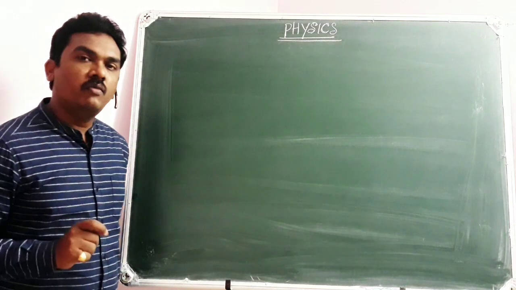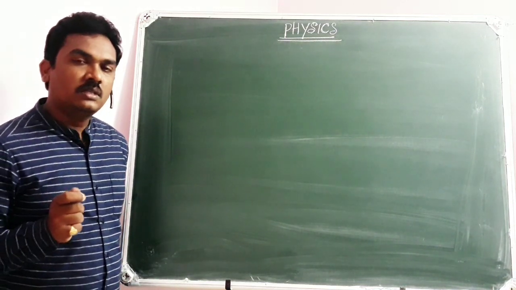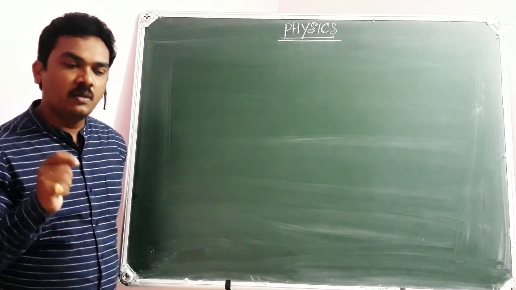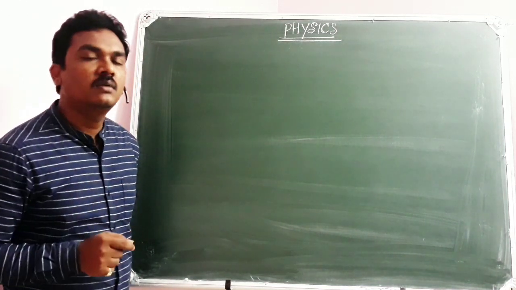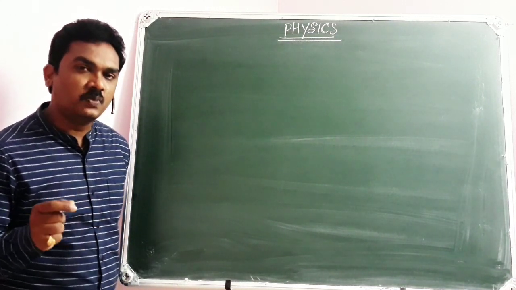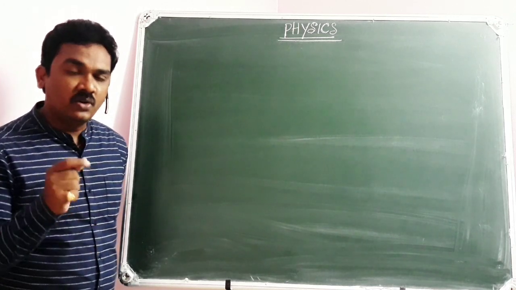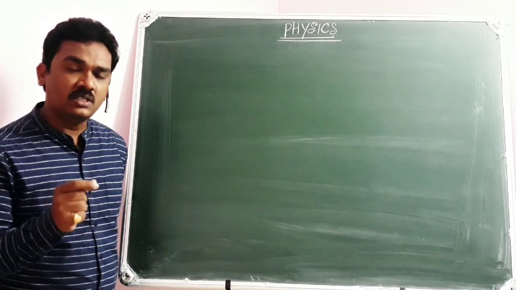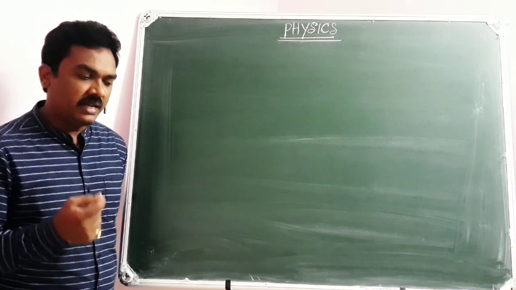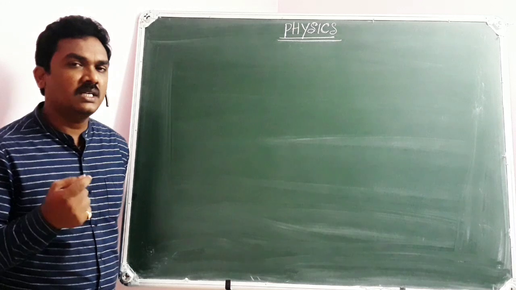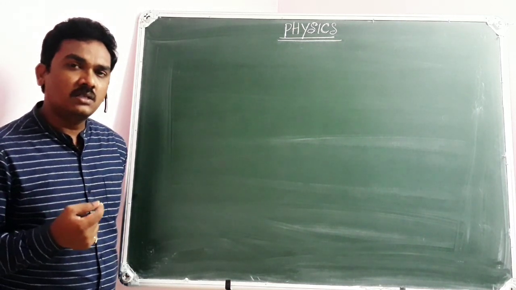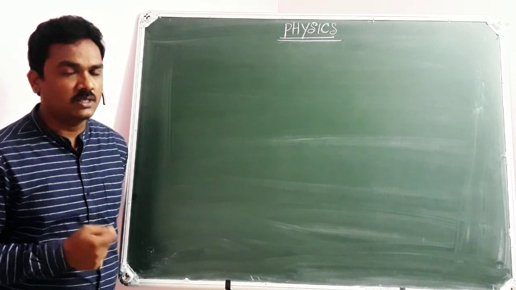As you all know, we have gone through the scalar product of vector physical quantities, where the product is a scalar. The best examples are work done, which is the dot product of force and displacement vectors, and power, which is the dot product of force and velocity vectors. Of course, there are many more examples, but at our standards these two will be taken into account. As you move ahead, you will come across different examples of dot product in physics.